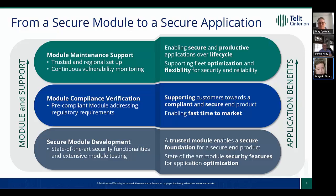So lots of protocols, expensive certificates, expensive testing processes, they are provided through the fact that you're using a module. So this is a way of focusing on your application. On the development aspect, the module provides several security features. On the verification aspect, those features are pre-validated and certified according to government and other agencies. And in terms of maintenance, the module provides mechanisms for remote updates, remote management that can keep the device secure